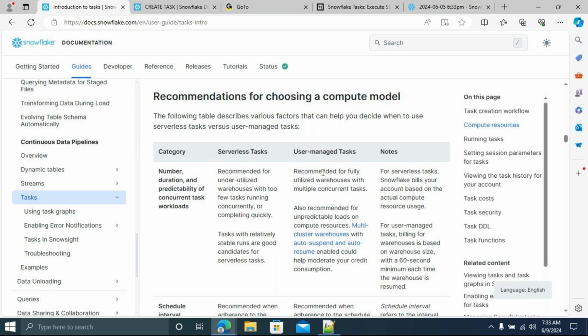That is what it's recommended for a fully utilized warehouse with multiple concurrent tasks. Okay, and now we'll discuss the serverless task. If you go with serverless, you can see some stable runs. Stable run means there won't be many failures. And the average time will also be maintained for every task, and that's why you'd prefer the serverless